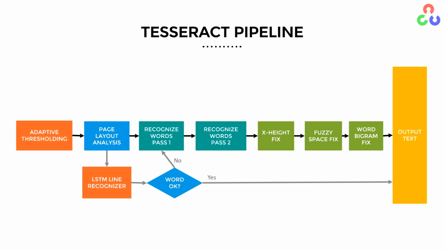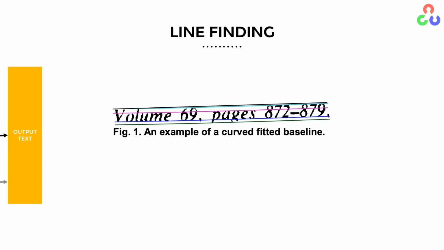And if the confidence is high, in that case, the text is output. If the confidence is not high, then traditional methods are used. So it falls back onto traditional methods and tries to recognize character by character. Now, in traditional methods, you may be wondering what kind of word recognition is used. It's very, very traditional computer vision based, where they do blob analysis. They try to figure out each character and then figure out each word. And they do all kinds of fixing.